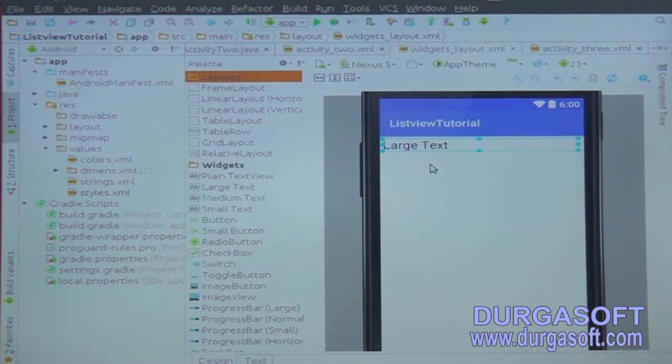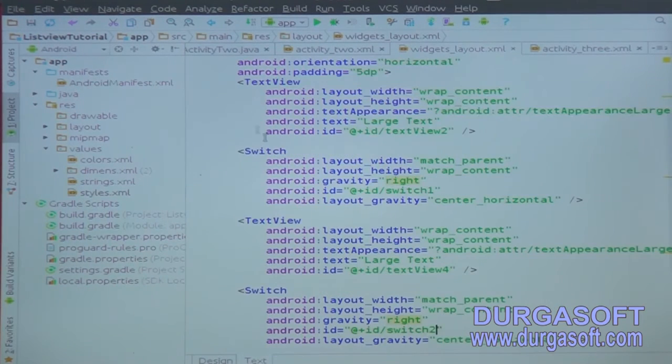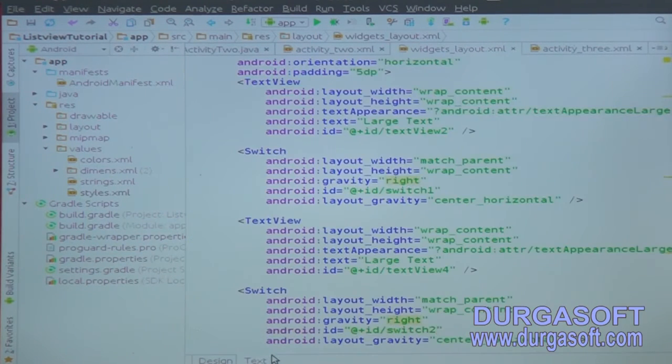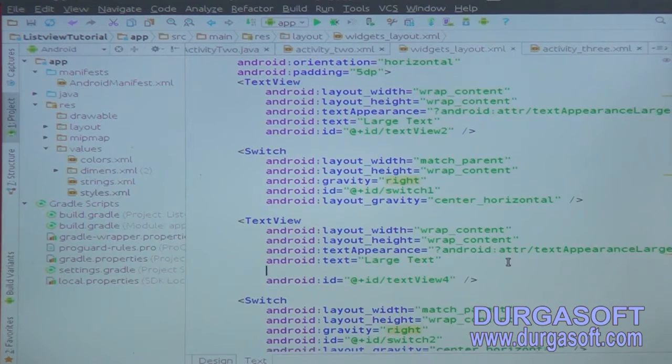So the code which I have written now has two text views and two switch views, but you still see only one large text and one switch, and that's not correct. Both the views are overlapped, one on top of the other, so I have to give some kind of relation or value in order to make them come one below the other. So what could I do is,